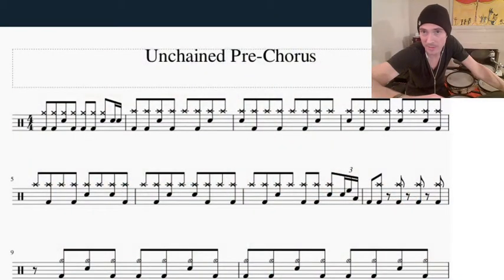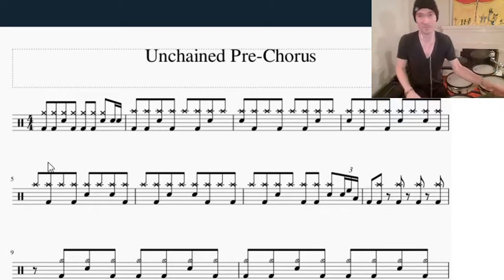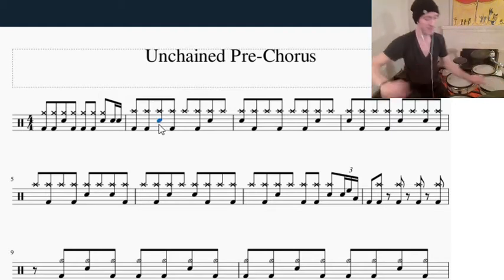And I also want to give credit to Drum Magazine for charting this out before I charted it out. It was helpful, integral really, for me to understand, kind of wrap my head around what was happening in the song. So we have a 7/4 pattern that starts right here. So this goes ga boom boom ga boom boom boom ga, and then it repeats. So there's a total of 3 reps of this in this song. So I'm gonna pretend this is the one right here